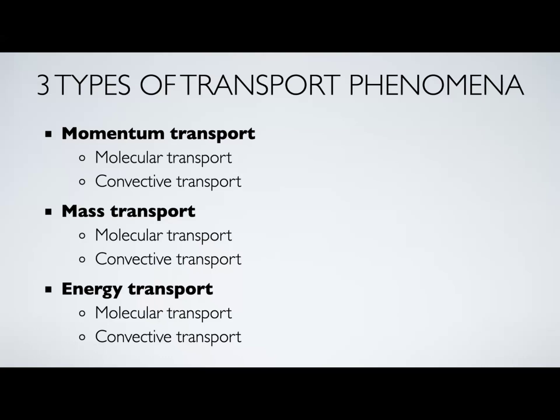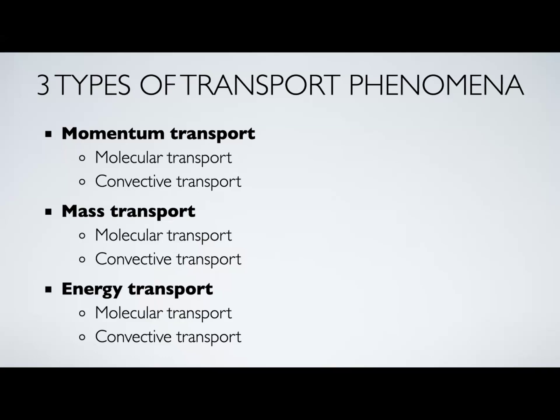So as the name says, okay, molecular transport, we consider it molecule by molecule, okay? So if you think of two molecules closing in on each other, okay? And if they have different physical properties, in this case, temperature or mass or velocity, okay? So there will be a transport from molecule to molecule. I'm going to show you in the next slide later so that you can have a better picture and understanding, okay? And in terms of convective transport, in this case, we consider it as a whole or like a bulk